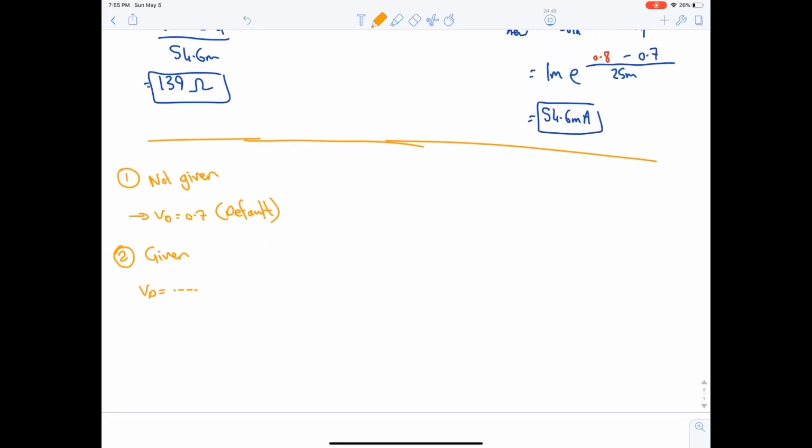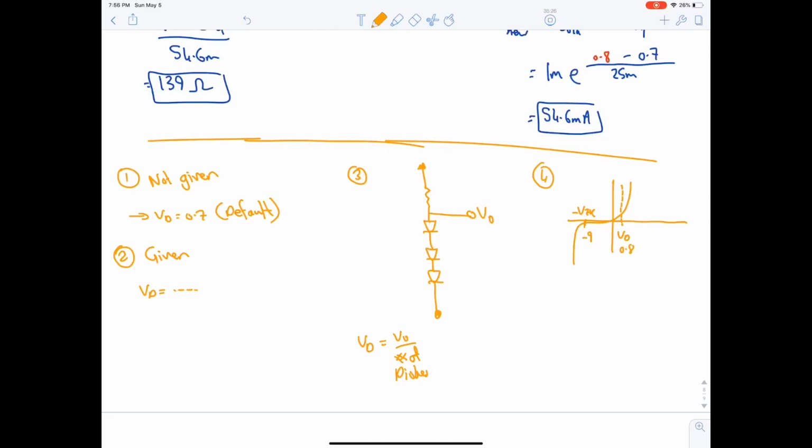The third way for providing VD is if you see this kind of circuit, where you need to understand that you have VD in an indirect way. So VD here will be VO divided by number of diodes. The last way, which is the trickiest, is that you are given this graph, and VD will be written as a number at this side, and here it will be minus VZK. So it will be numbers. For example, here it will be 0.9 and here it will be minus 9 as an example. Okay,